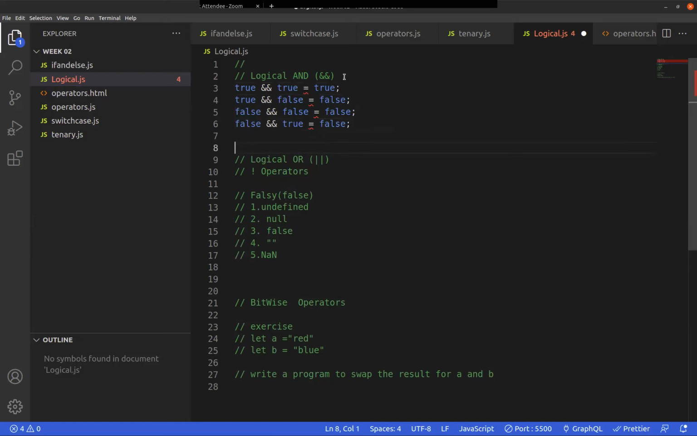So under the AND gate, or under the AND logical operator, we have only one true statement. That is between true and true. And we are going to apply this a lot. For example, with a